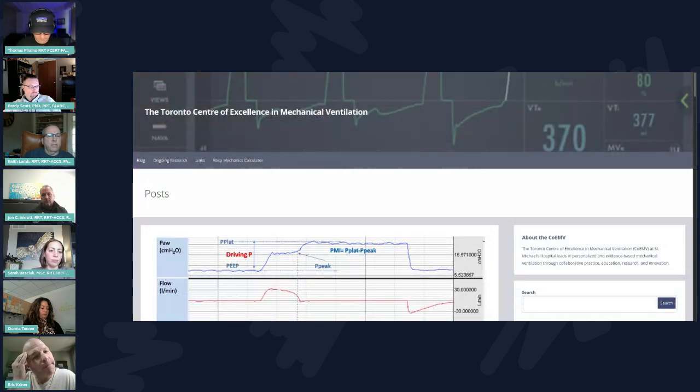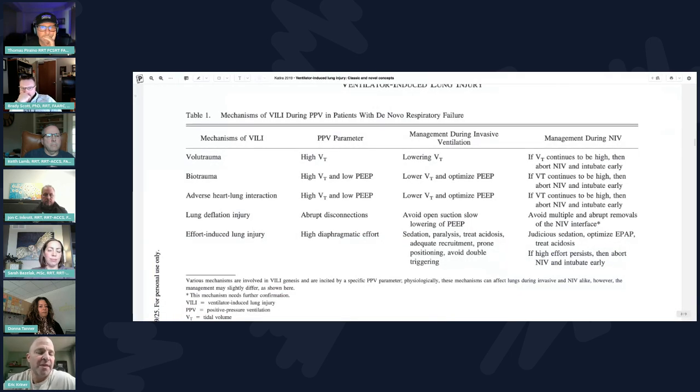So what's your answer, Rick? What do you tell that person? I would not use APRV if your neurologic management is of question, right? I think that's the transition point, right? If a patient is relatively passive, I don't know that we know that any one mode is better than any other. However, as soon as your neurologic management, and that's the fight within critical care medicine, let's let the patient up, let's wake them up, et cetera, et cetera.